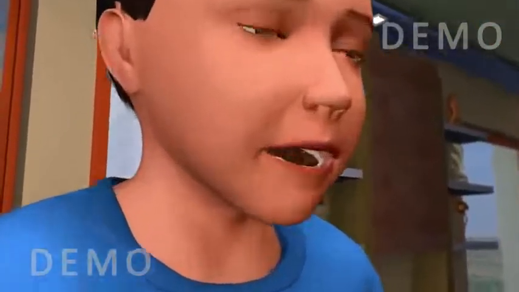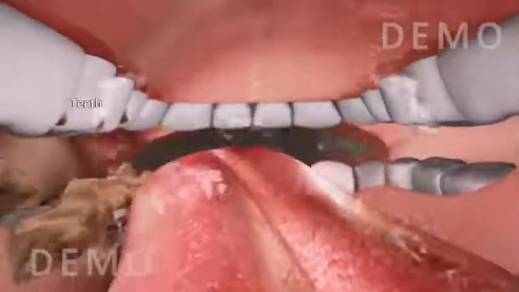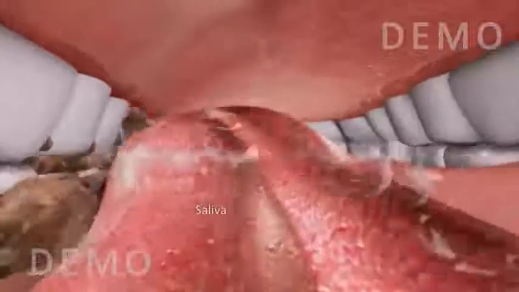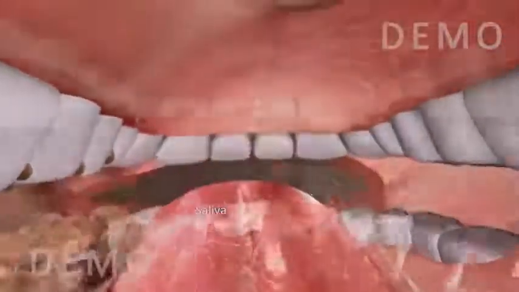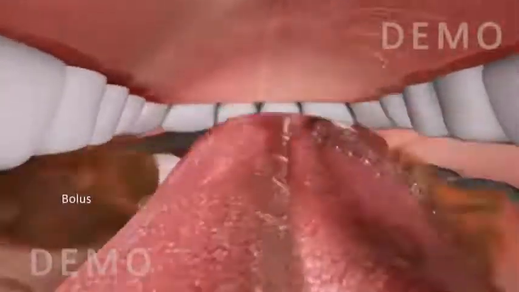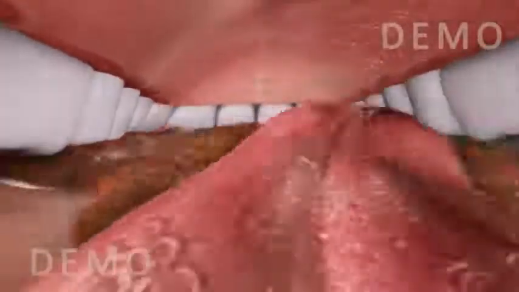The process of digestion begins inside the mouth. The teeth break down the food into smaller particles. It then gets mixed with the saliva in the mouth to form a slurry mass called bolus. As the food is swallowed,